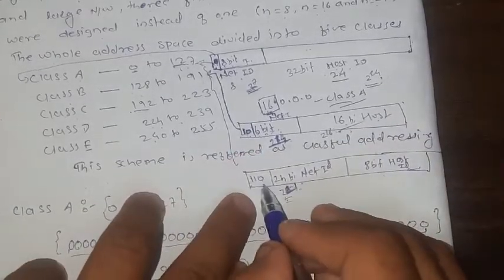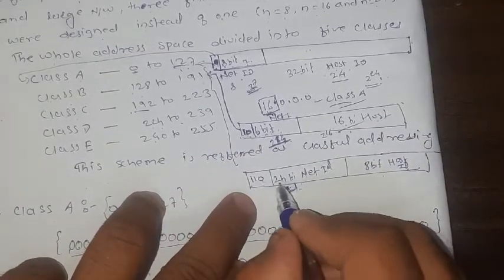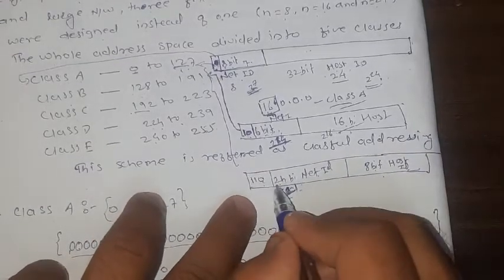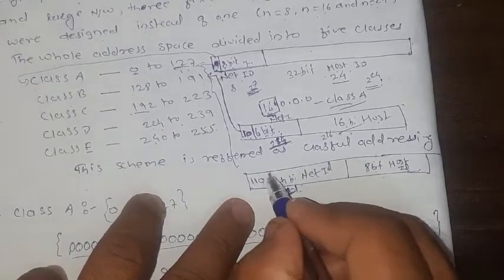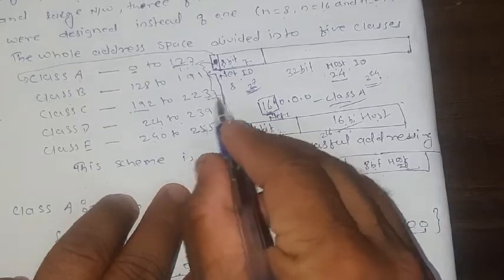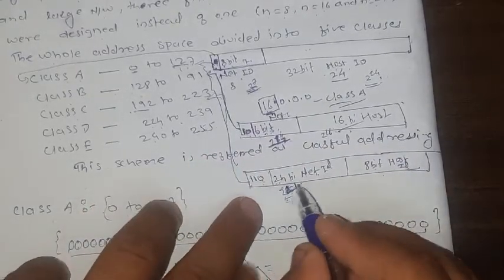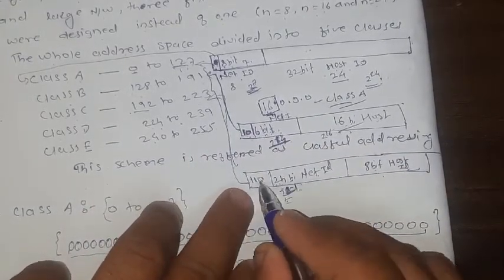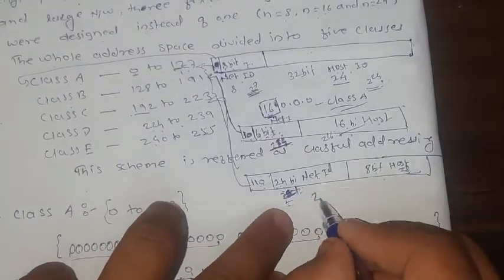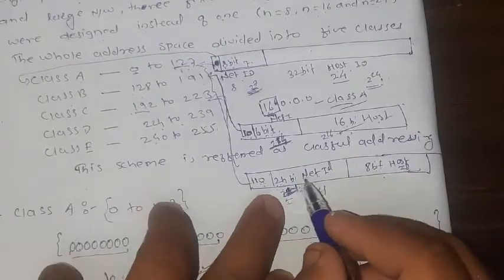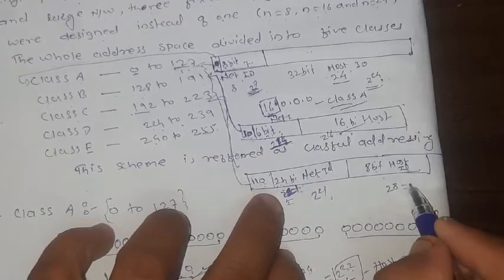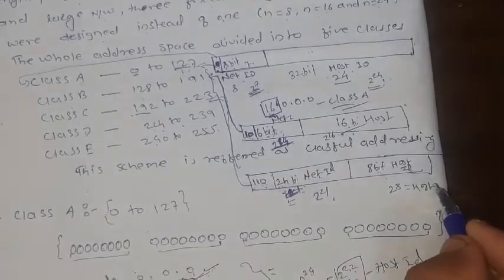Okay, and here the first 24 bits for net ID and 8 bits for host ID, but from these 24 bits the first 3 bits are reserved. It clearly indicates this address belongs to the class C category. So from 2 raised to 24 minus 3, it means 2 raised to 21 for net ID, and here 2 raised to 8 are host IDs. Okay,